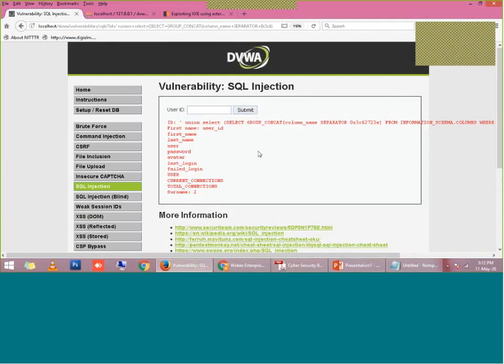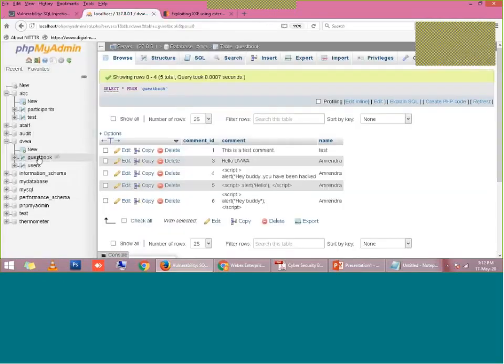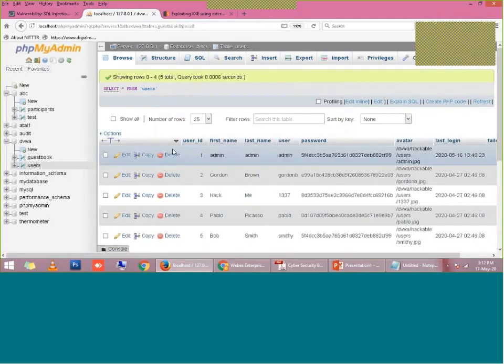Now it is showing the column names or attribute names of the current table, the current relation of the current database. Currently we are using the DVWA database, and we are using the user table.